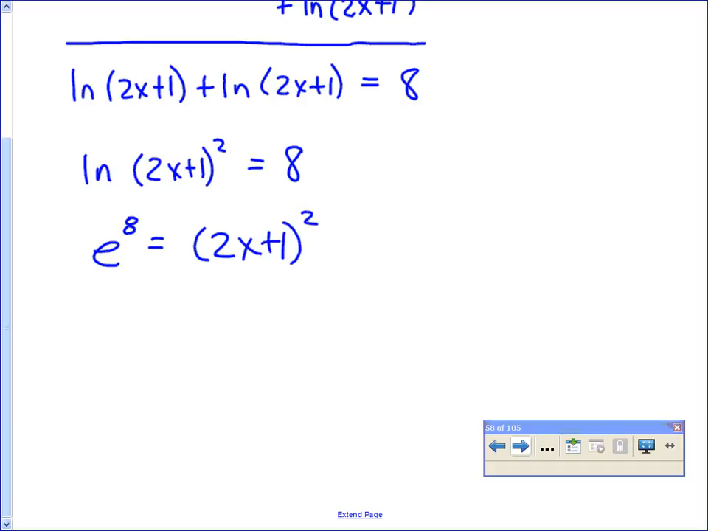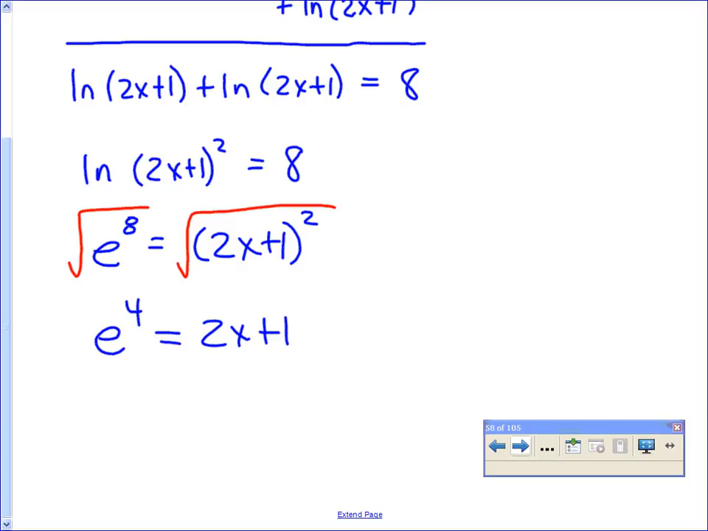Okay. I want to solve for x, so what I would do is take the square root of both sides. When you take the square root of both sides here, you have to remember to do plus or minus. But e to the 8th is never going to produce a negative, so you only need to deal with the positive here, just the square root of e to the 8th. And when you do that, you're going to end up with e to the 4th is equal to